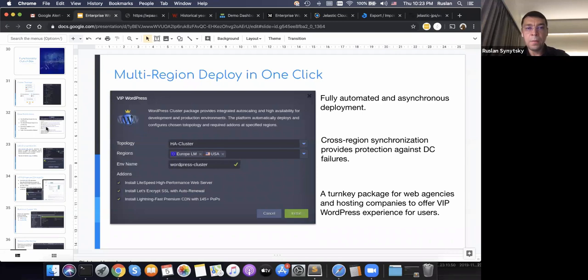Each developer can create their own environment, and each developer can make changes inside that dev cluster, or dev environment.